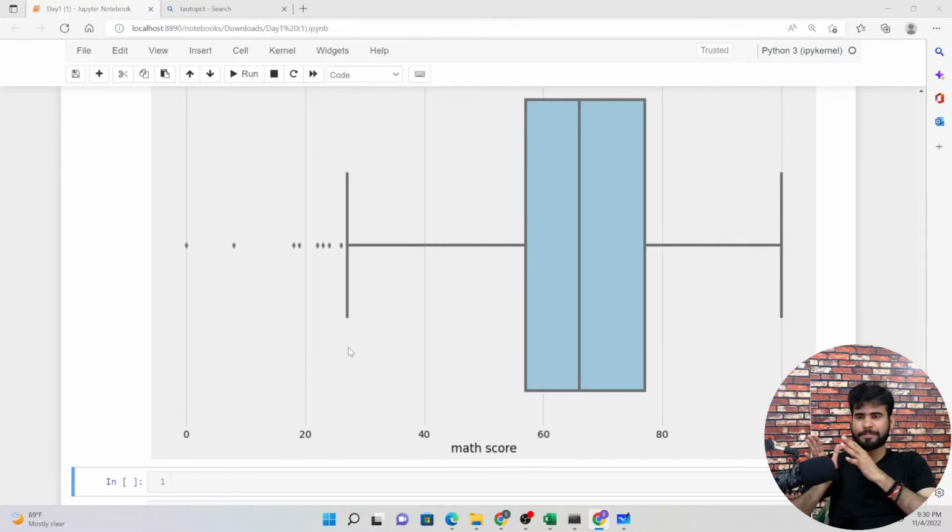But some of the people are getting fewer marks. Some of the people are getting 0 marks as well. It means the people did not attend the exams, that's why they are getting 0 marks. Some of the people are getting 10 marks, 15 marks as well. So these are the insights that we have from this graph.